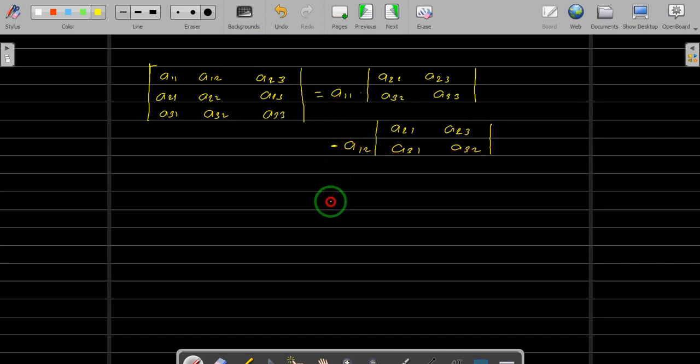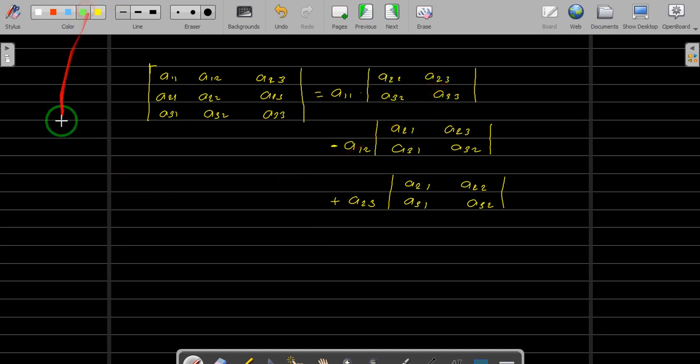So alternate sign, as I said, then plus the third element, A13, and you multiply it by the minor. So you cancel this row and this column, and you get A21, A22, A31 and A32. And then for each 2 by 2 matrix, you multiply this by this and this by this, and then you take the minus sign.